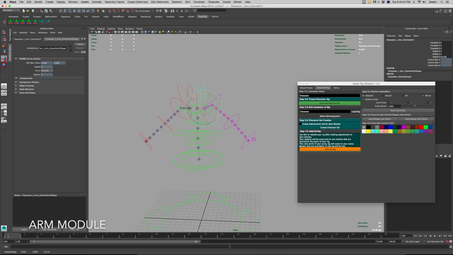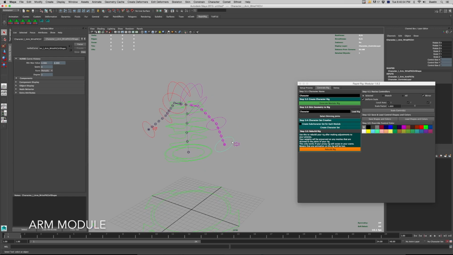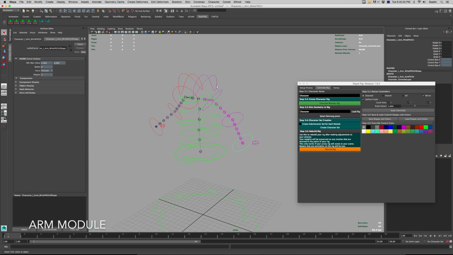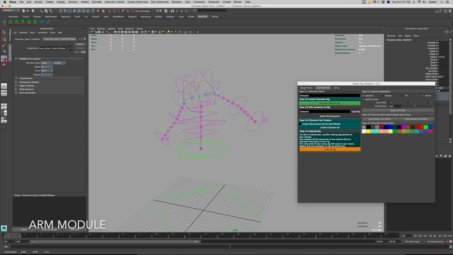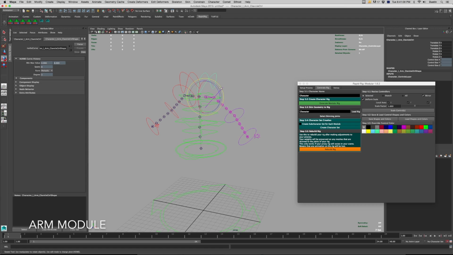A clavicle control, we have a shoulder control, elbow, and the wrist. So in here we can look at some of these options. So we'll start at the clavicle and work our way down. So there's not much to the clavicle, does whatever the parent does. So if I rotate the body, clavicle goes with. But you'll notice that if I rotate the clavicle, the shoulder does not move or does not rotate with it